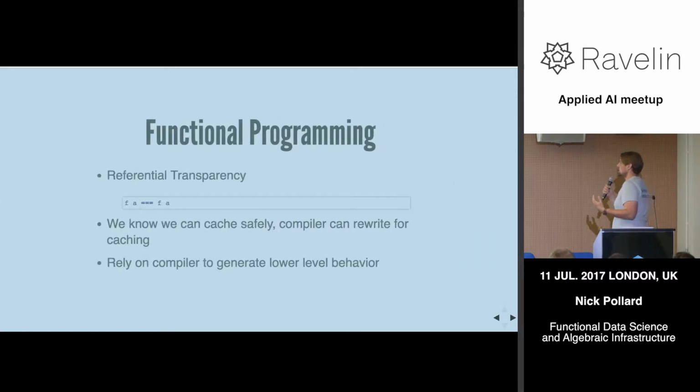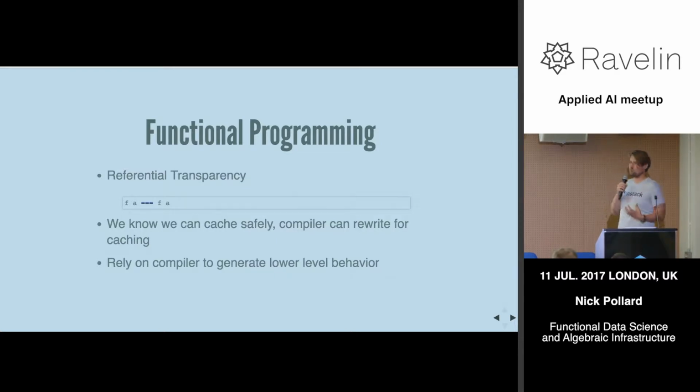So another property that's very useful is something called referential transparency. And this is the idea that an expression is always equivalent to the result of that expression. So particularly in programming, it means that if we apply a function f to some value a, that's always going to be equal to any other time that we apply the function f to that same value a. There's no chance of it changing because of user input. There's no chance of it changing because of randomization.